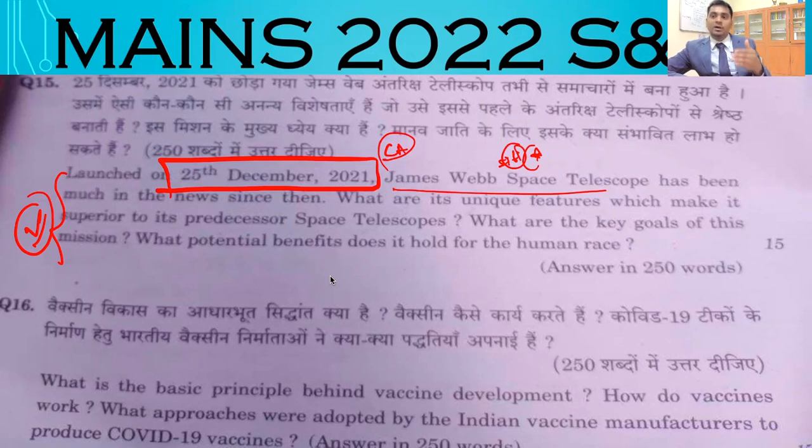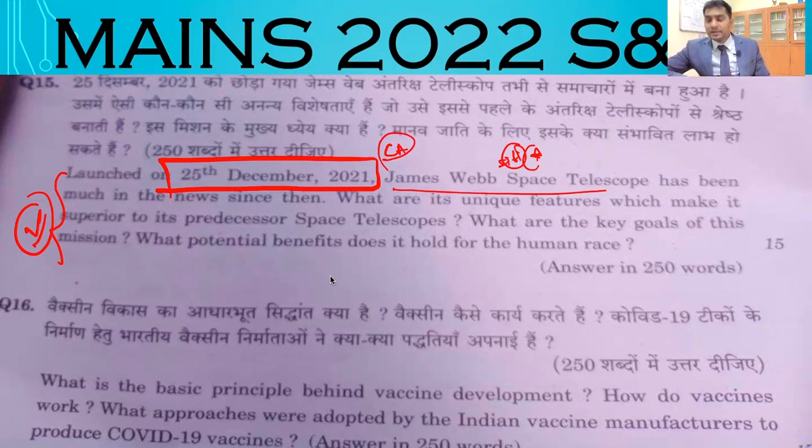Again, I say you have to know what is James Webb Telescope, because if you have not studied this, a serious aspirant who is going for the mains stage of writing never leaves these things, because this is in current affairs and this is spoken many times in the current affairs, right? So this is something expected. I don't consider this as difficult. If you have not studied, that will become difficult, but I don't consider this as difficult because this is from current affairs itself. Let's look at the 16th question.